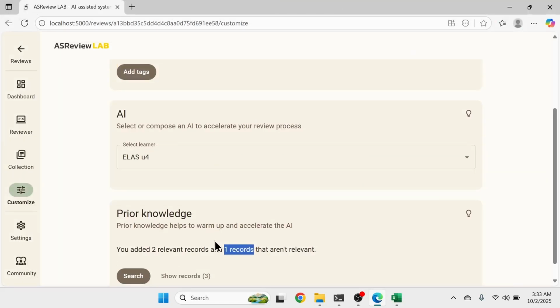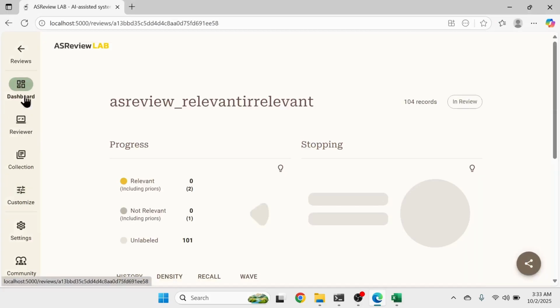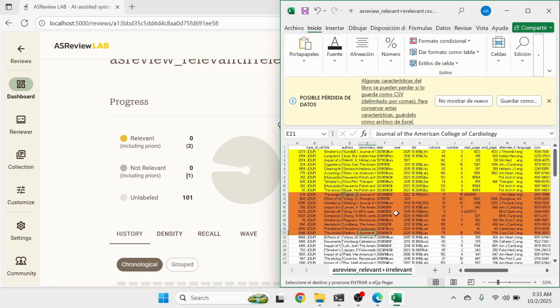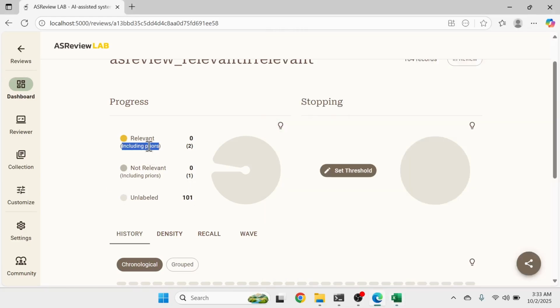And you can also see that prior knowledge here in the dashboard. You can see that including priors we have 2, and including priors we have 1 of non-relevant. So you have to have like 10 here and 10 here. It's important to include all of these studies as priors, because in this part you are evaluating if the other reviewer